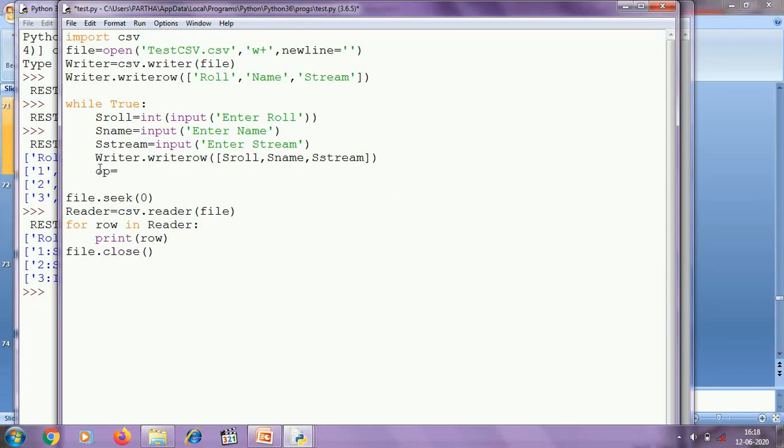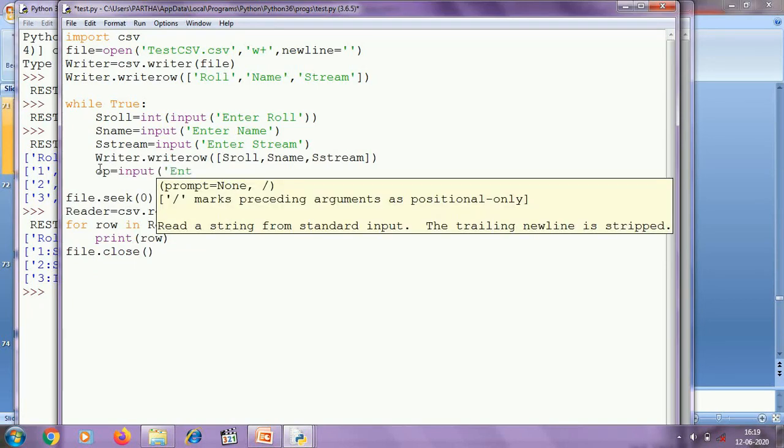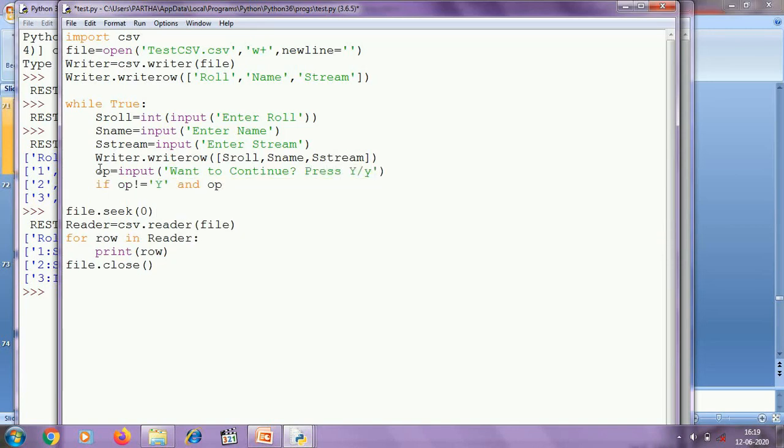Now I am asking the user whether they want to write another record or not. If the user doesn't want to continue, he or she will not give capital Y or small y as input. So in this case I have to break the loop. After writing to the file, using the seek method, again I am pointing the file pointer to the 0th byte, and using the reader object I am reading the rows from the file.